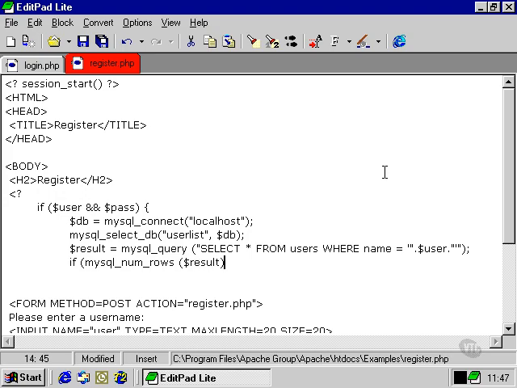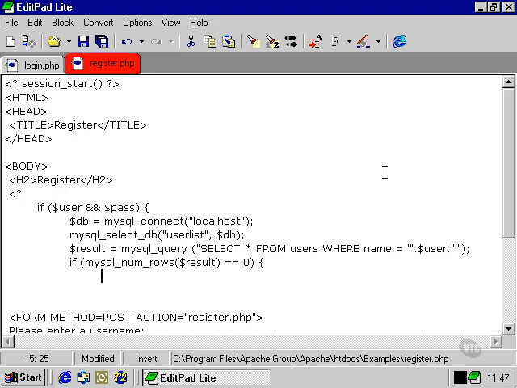So if there are no rows returned from the query, then we can conclude that the user has not been entered on the database yet, and therefore we'll allow them to add their name and password to the database. We're going to use this insert SQL statement,